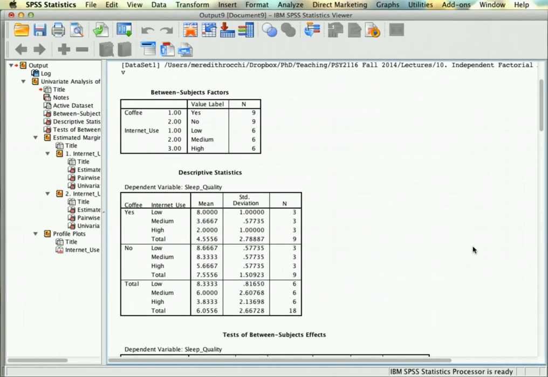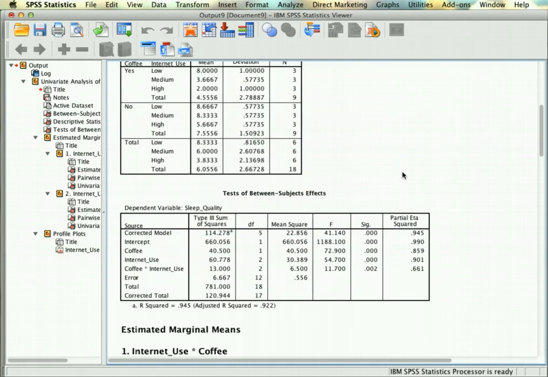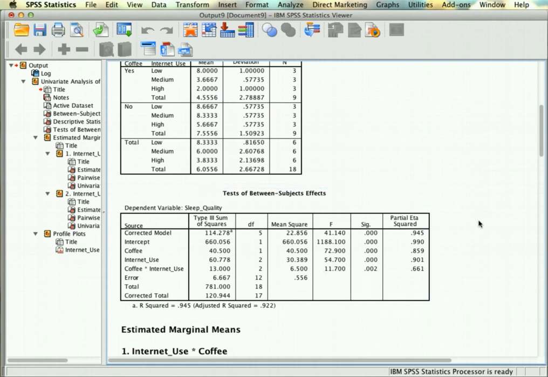Okay, so we have our output here, and we can see that for the most part it looks the same. So we can see here the groups, the descriptive statistics for the groups, and that main ANOVA table from our preliminary analyses. And if you recall, the only reason we were doing these simple effect analyses was because this value here was significant,